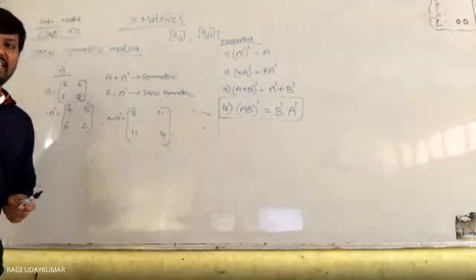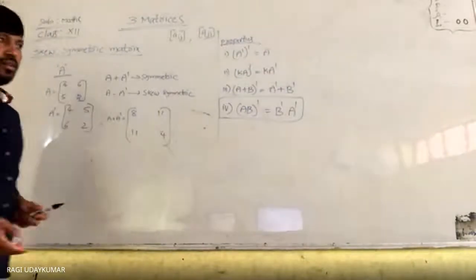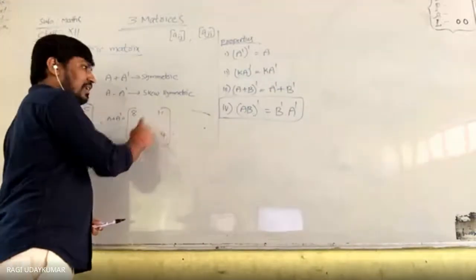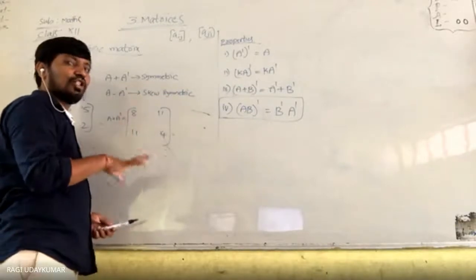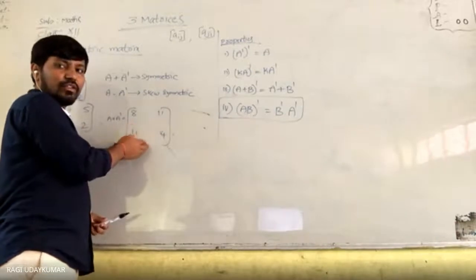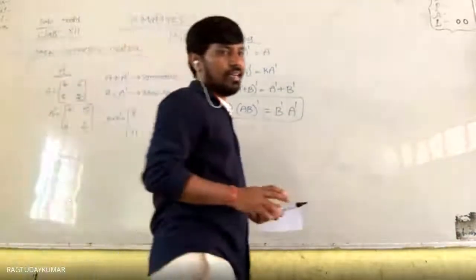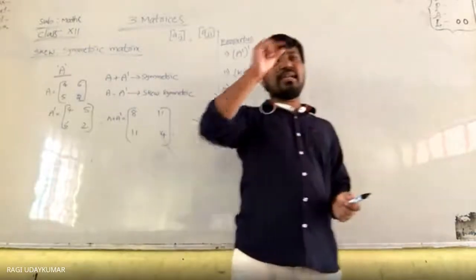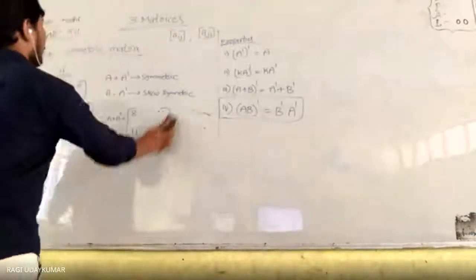Already I told you, for a symmetric matrix the diagonal elements can be any element, and other than the diagonal elements, the numbers at opposite places should be the same element. ये transpose matrix, ये symmetric matrix होगा नहीं होगा? To identify whether it is symmetric, you just need to see the principal diagonal. Any 3 by 3 matrix also you take.